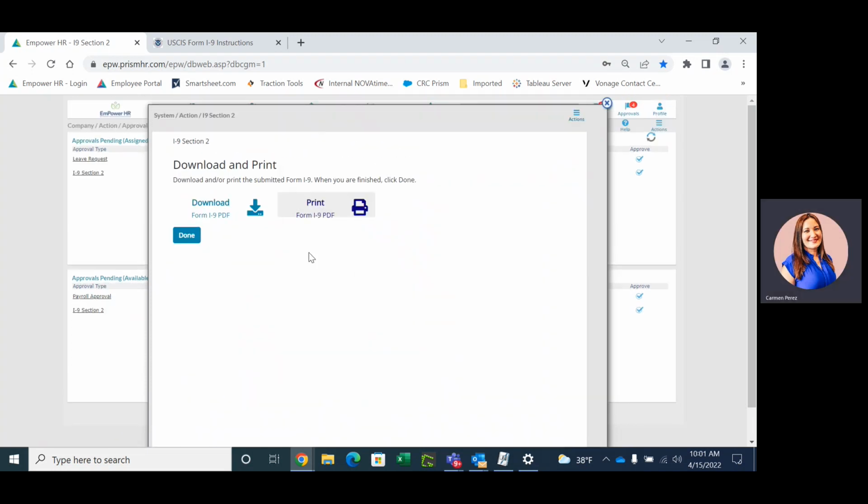And the system will allow you to download or print the document at this point. This step is not necessary. The document that you have completed and all onboarding documents will be automatically saved within the employee details record under Documents. No need to download or print the document. If you do, please be mindful of the confidential information that is included in the document. Click Done,